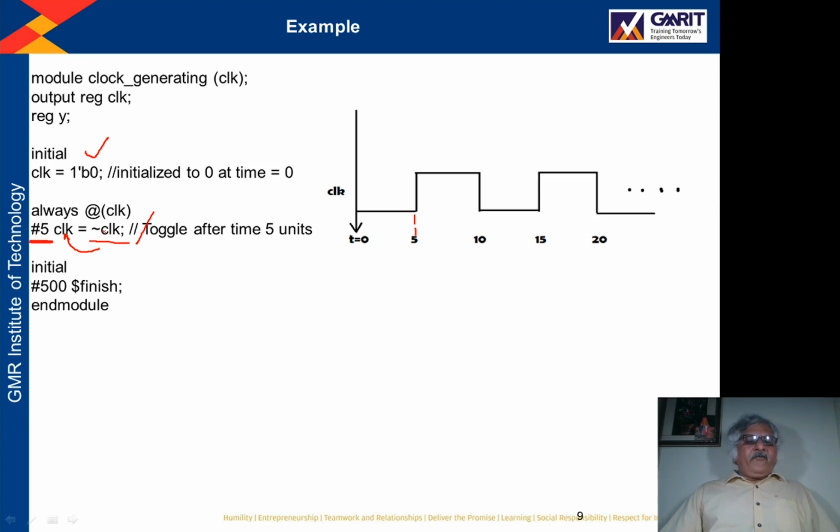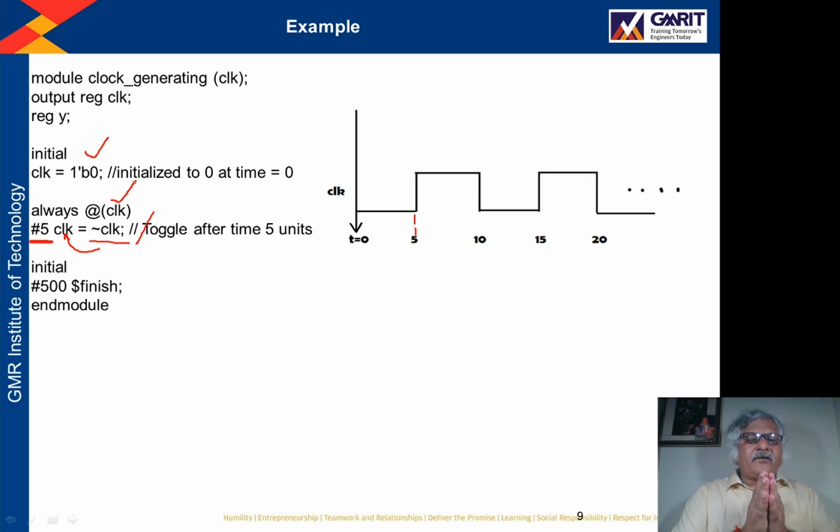Now after this, as I said, the always block will never terminate. Again the same statement will be executed here, because the value of CLK has been changed. Earlier CLK was 0, but now the value of CLK has been changed to 1. Since CLK is inside the sensitivity list of this always block,